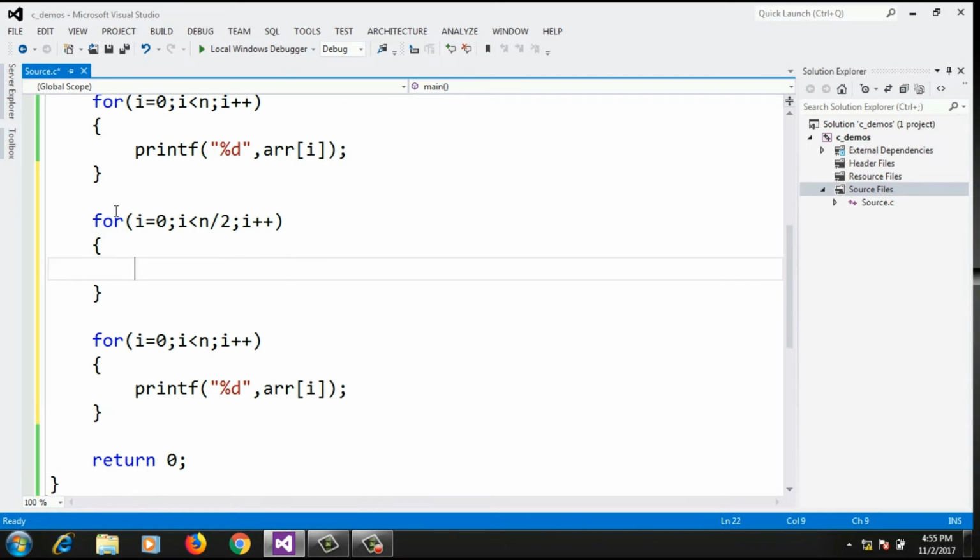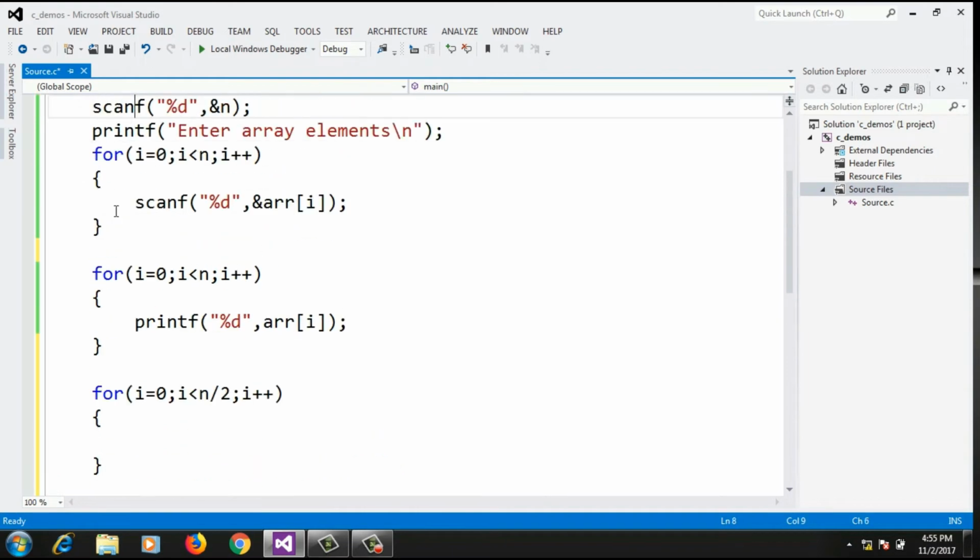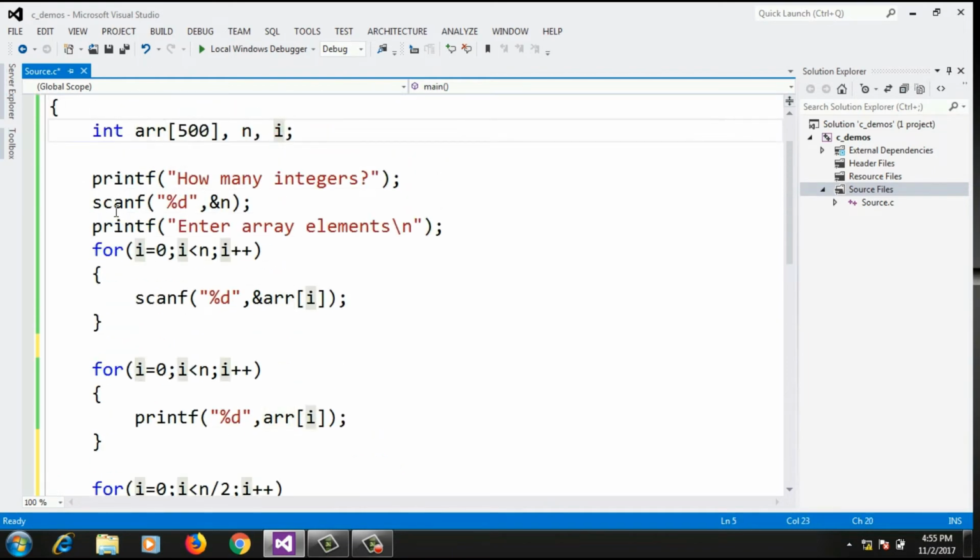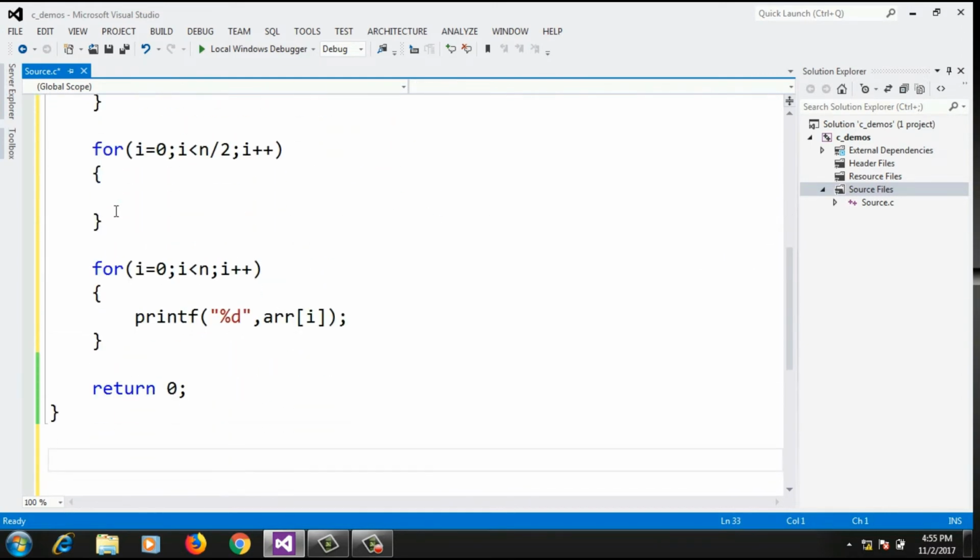and here I will write a code for swapping. So one temporary variable I will need. So let me declare one variable which is temp variable, and using that temp variable I will swap the values arr of i and arr of n minus i minus 1.